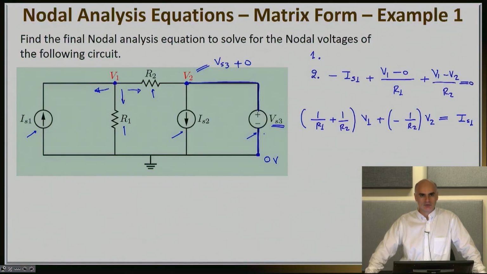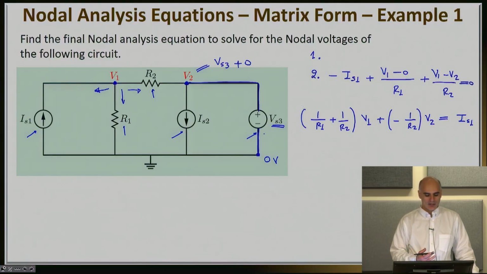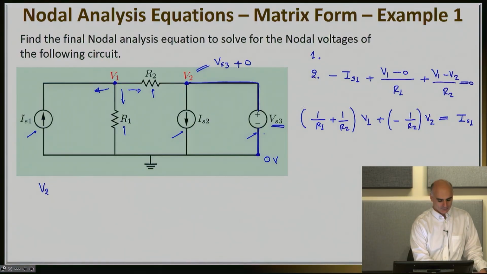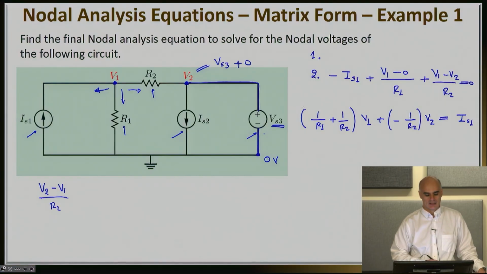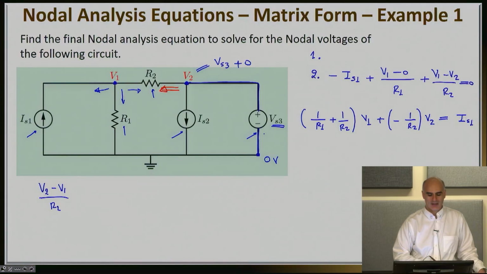Now I have to go to node 2. Now, if you try to apply KCL the way we have discussed before, you will come up to a slight complication, and so let me show you what that is. I'm looking at node 2. I'm adding all currents that leave this node to 0. Starting first from the left, I will have V2 minus V1 divided by R2. That's easy. This is the current basically that flows this way. Now I have the current that flows to the south. This is the current right here. So I can write this thing as